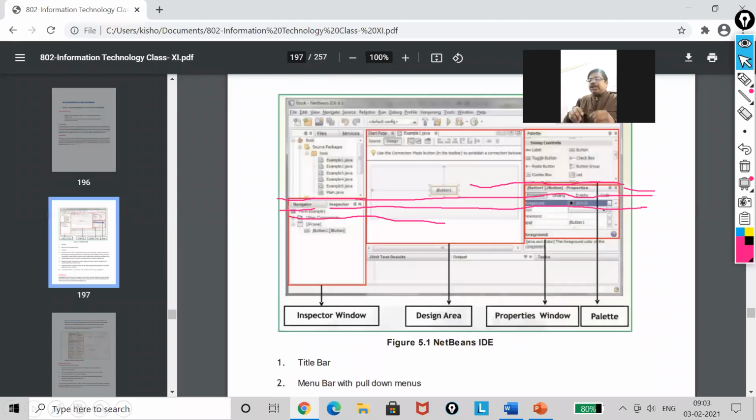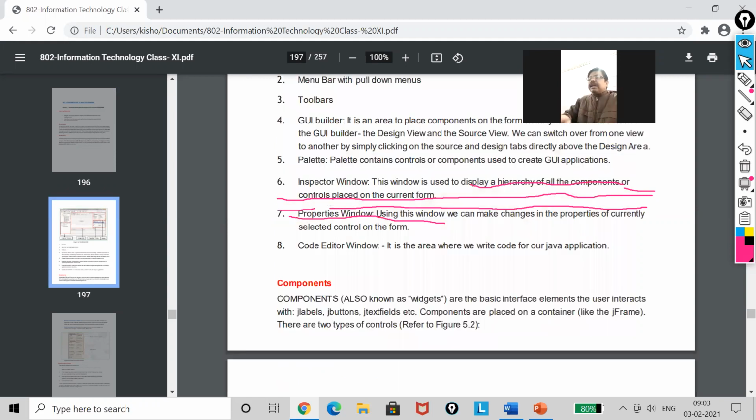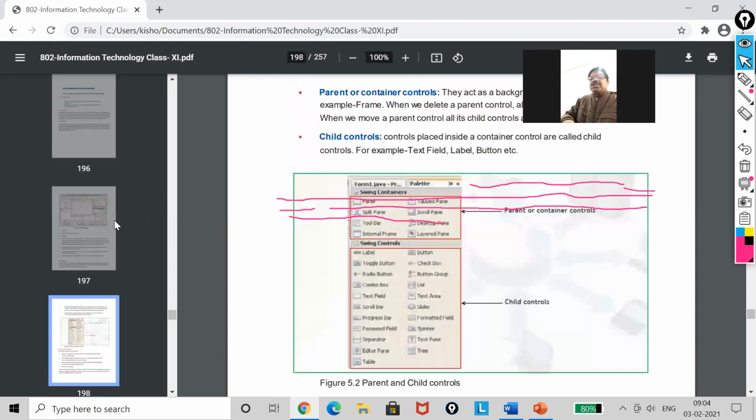Now, the next part that you can see is my window, which is of the NetBeans IDE. There you can see different components available. You all know what is the title bar. You all know the menu. Now the next part, that is your,